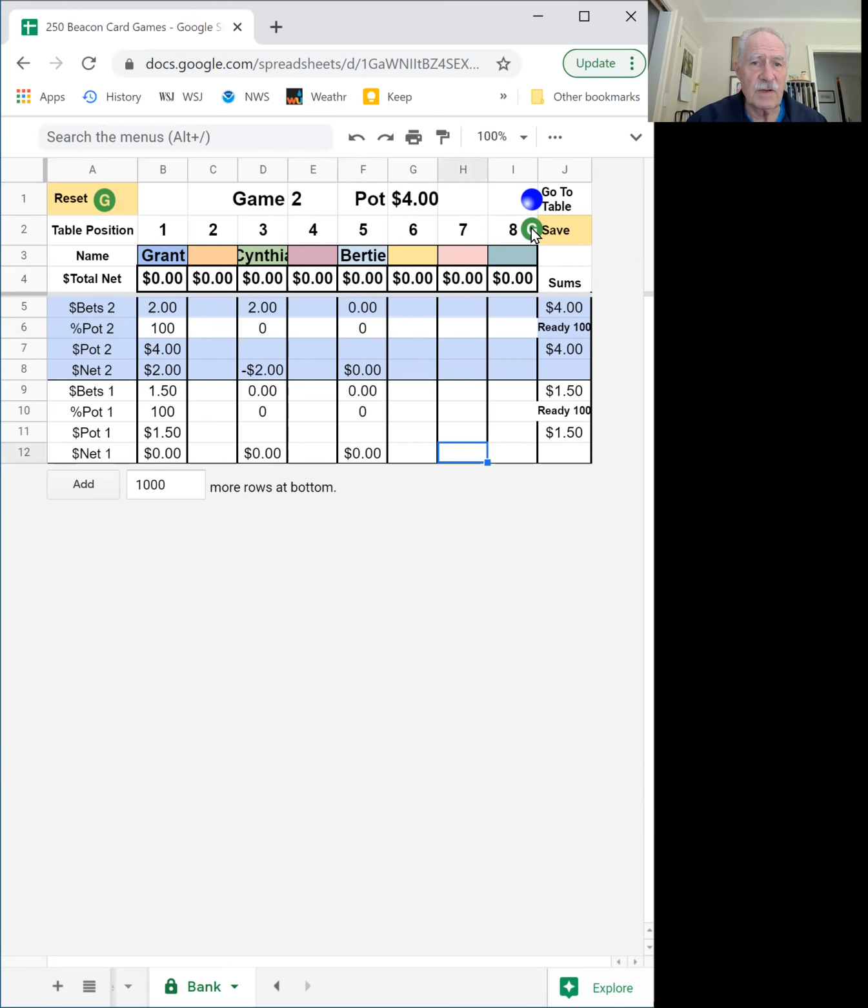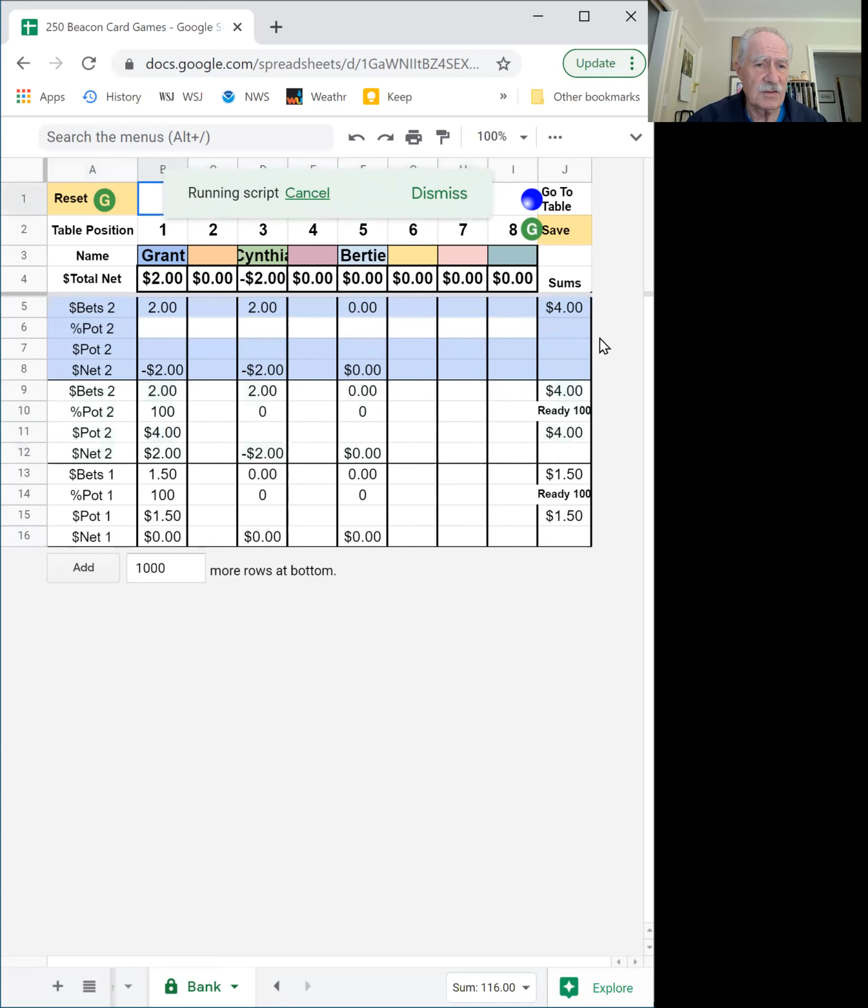And so if we save those allocations, in this hand, I've put it in the top here. I've won $2. Cynthia lost $2. And our total net over those 2 games is also $2 and minus $2. So this puts the recent game, number 2, on top, and it moves the games down, but it keeps track of the total over all the games until we reset it. So it goes 1, 2, 3, 4, up to the number of games we need, and keeps track of our net winnings. So we'll go back to the table here,